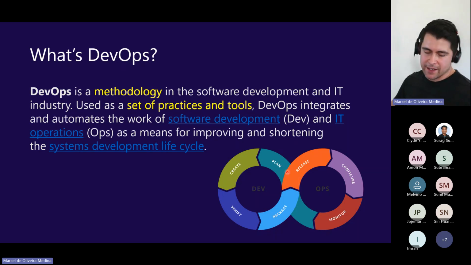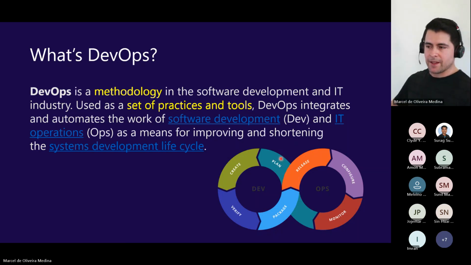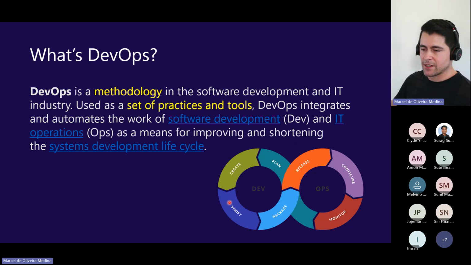As I said, the set of practices in software development is that we're going to have some sort of planning to define what we're going to create. After we have an idea of what sort of application we're going to create, we go hands-on with development. After development, we have some checks, right: unit tests, integration tests, where we verify whether what was created works as expected. Considering that has passed, we're going to be packaging the solution, preparing it for a release that happens here as a next action.